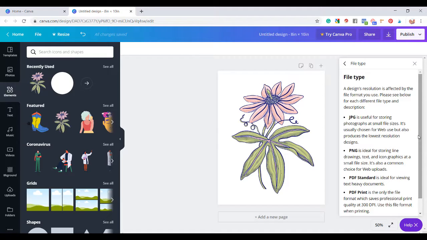So the way I sell my digital downloads is I sell them either in PNG if I want a transparent background, where it's clear and you could easily layer it on something else, or I sell it as a JPEG, or I sell it as a PDF. Now in Photoshop, you could sell a JPEG or a PNG